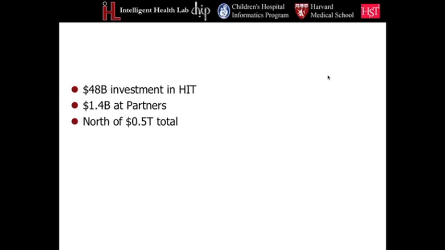Now, the federal government has invested $48 billion in health IT adoption. Mass General and Brigham form an organization called Partners that has a couple other hospitals in it. They just spent $1.4 billion to purchase Epic. That's a lot of money. If you look at those kinds of costs invested by the private sector on top of this federal investment, which is really just the tip of the iceberg, you're looking, I think, at north of $500 billion being invested in health information technology systems, and this is really an issue.